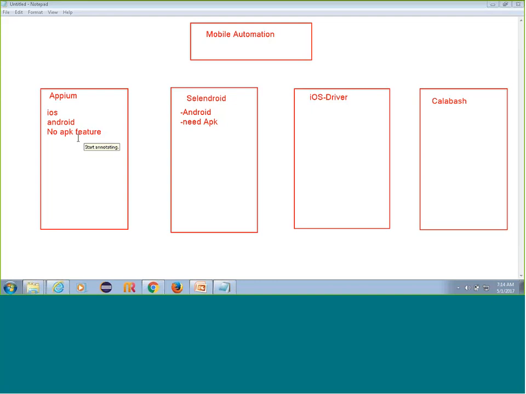If you don't have that APK, but your app is installed in your phone, that is pretty fine, you can use that also. But in Selenium, it is a major requirement that you have that executable file. Vice versa, it will not work. So if I move further now,